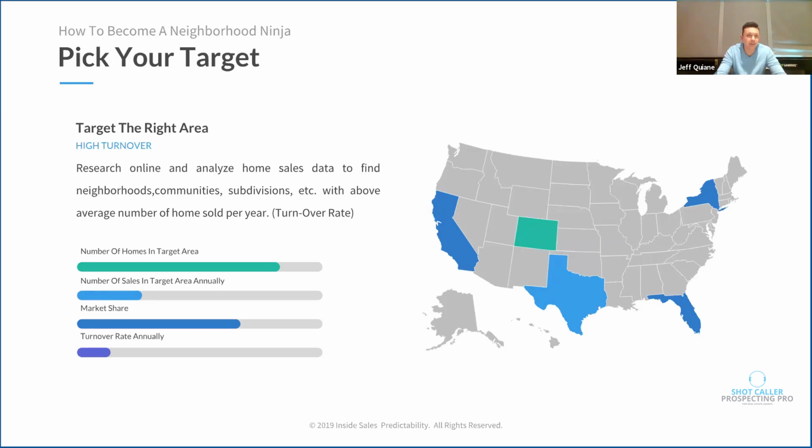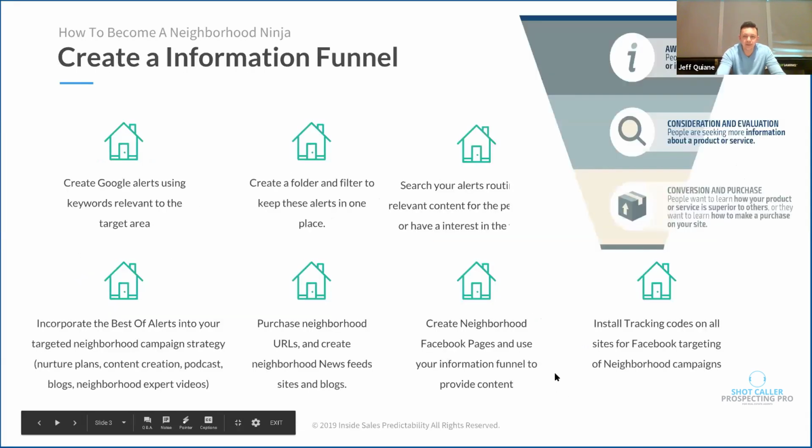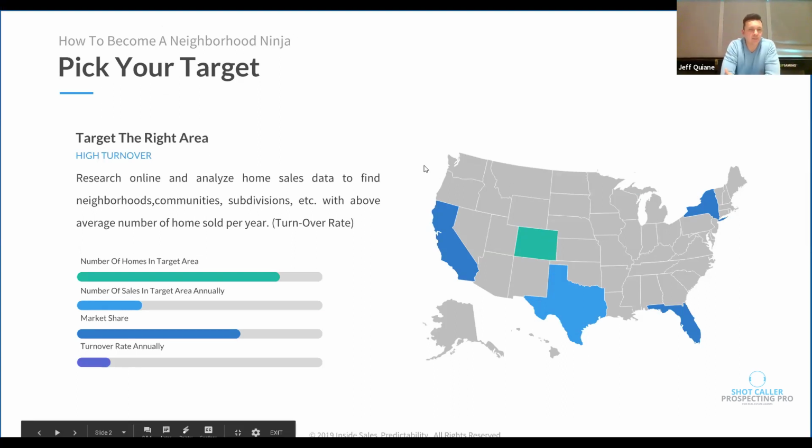side by side against probably not-so-stellar competitors. I can probably outperform some of those competitors and capture a larger share of the market in that area. Again, I'm choosing to spend time in these neighborhoods because a certain number of transactions occur within them each year, which warrants my time, right? I'm adding a few people into the call as they jump in, so that's why I keep switching to the wrong slide. So first thing, pick your target, and that's what we're going to pick it based on.